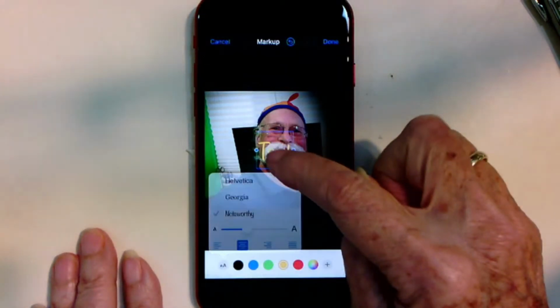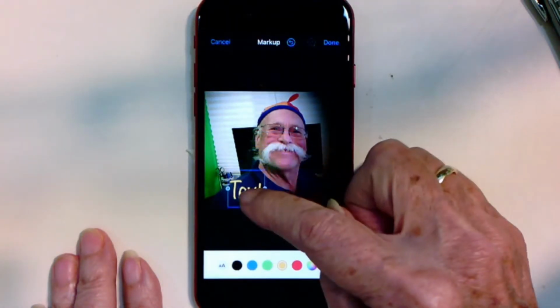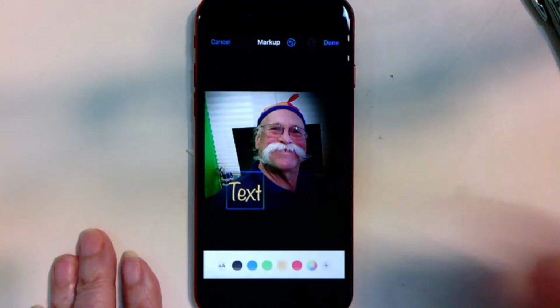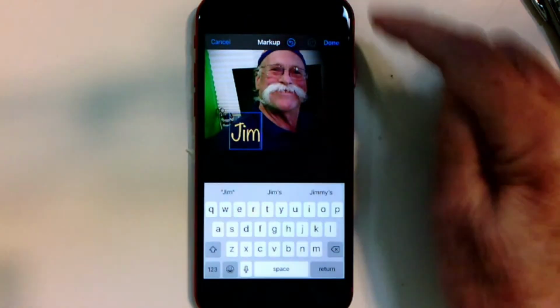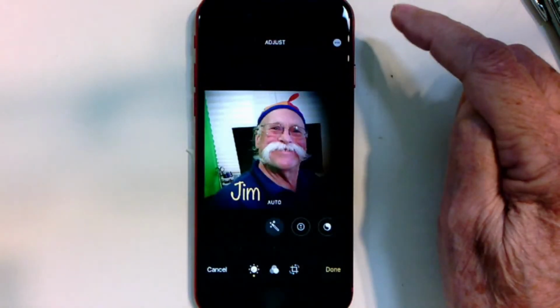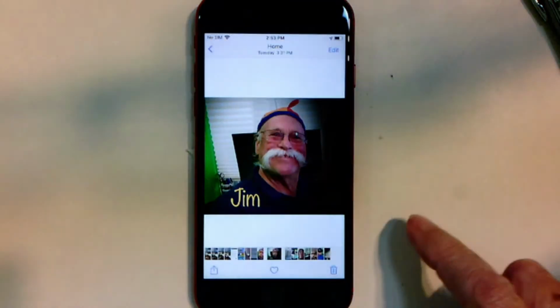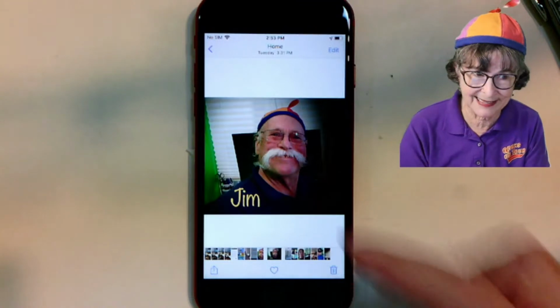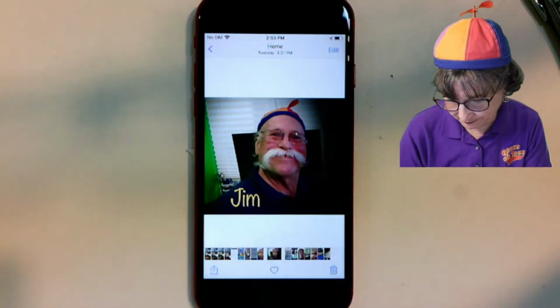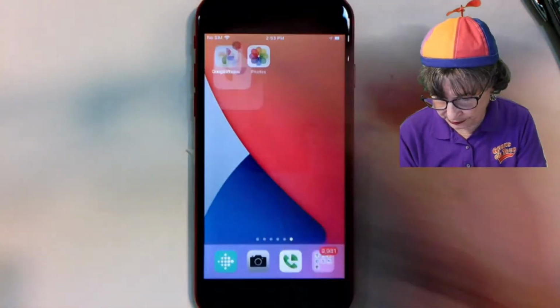And I want to move it down here. Then I double tap on it and I can type. I tap done and done. Now Jim's picture has his name on it. And it has been saved to this device. I can go back to Google Photos